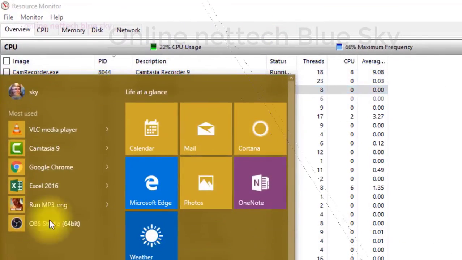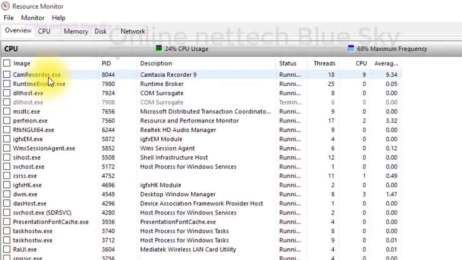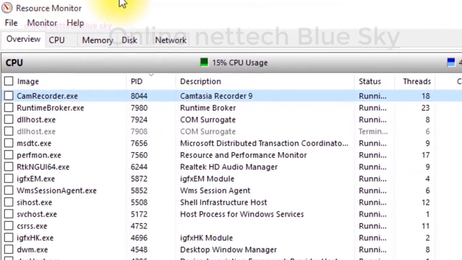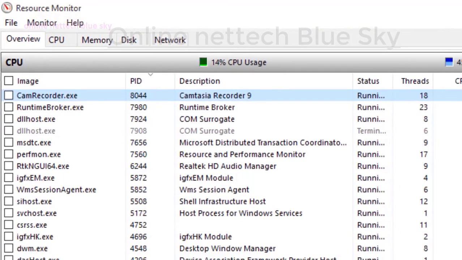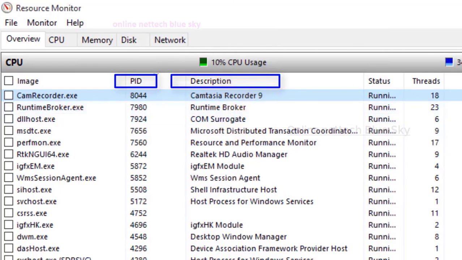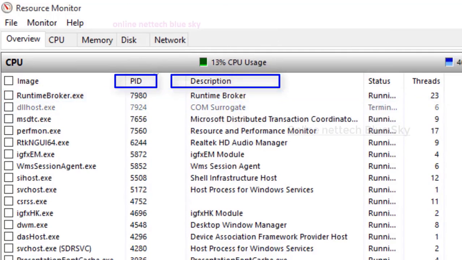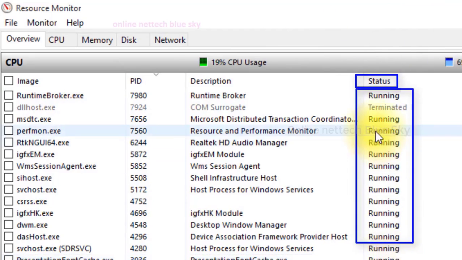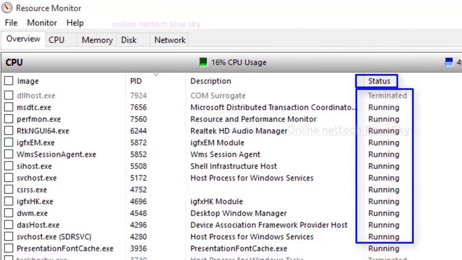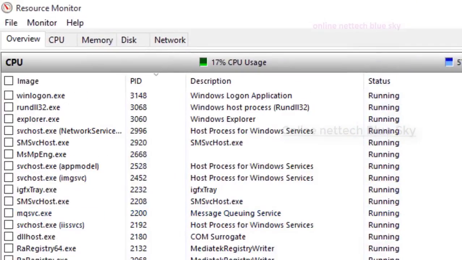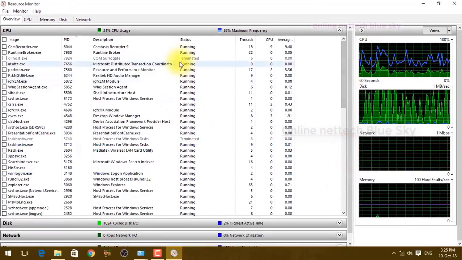Inside the operating system, you can click on your start menu and you can see camera record.exe. This is my software. So system software and the operating system all work with the CPU, and without the CPU you cannot run any process, even the smallest. It is very important for processes and systems. You can see here process ID, descriptions, and status. In status you can see different tabs: running, some suspended. What is suspended? It means these services are stopped.